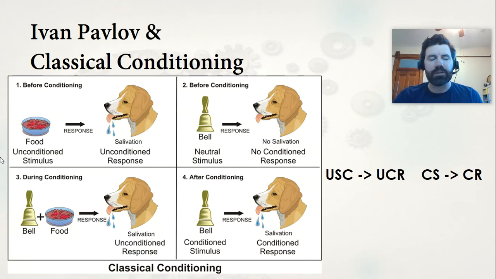So, with classical conditioning, you may recall it started a long time ago with this Russian scientist named Ivan Pavlov. And he kind of stumbled across classical conditioning by accident. Pavlov was studying the digestive system in dogs, and he found that when he was walking in to feed his dogs, they were starting to salivate before he even put food in front of them. In other words, these dogs had apparently learned to do what would otherwise be considered a response or a reflex, almost like an impulse. And that's really the birth of classical conditioning.